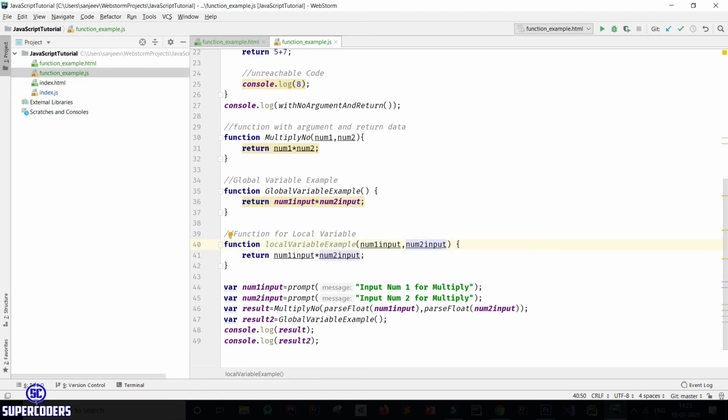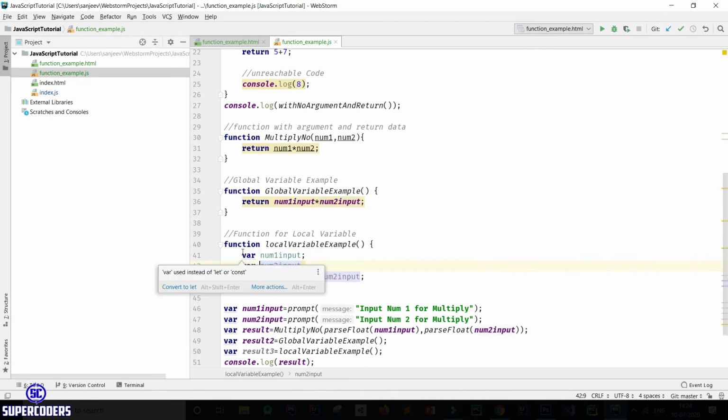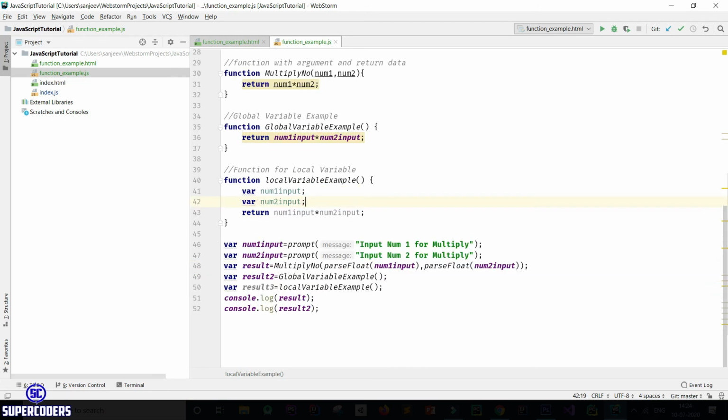Now let's see what happens if I call this method again. Let's call this method there, result3. Or do one thing, let's move from here and declare here, where num1, where num2Input. So this is the example of a local variable.